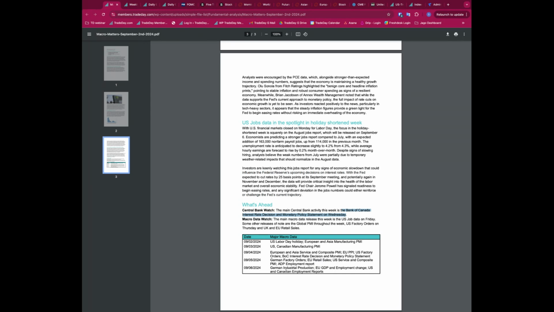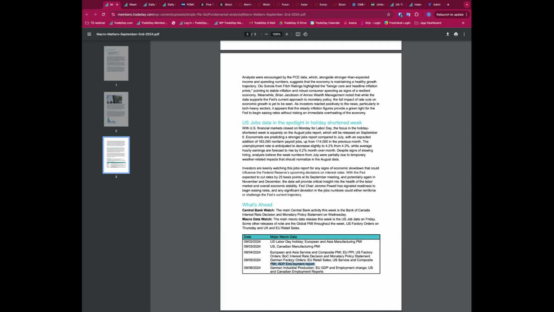And then also, because we're a day later because of the US holiday, you see in here you had the European manufacturing PMI yesterday. We get the US and Canadian manufacturing PMI. Then on Wednesday we get the European and Asian services and composite PMI, and then that's pushed back to Thursday for the US. So for the US, we get that PMI. We also get the ADP employment data. That's usually on the Wednesday, but again, because of the holiday, that's pushed back a day.